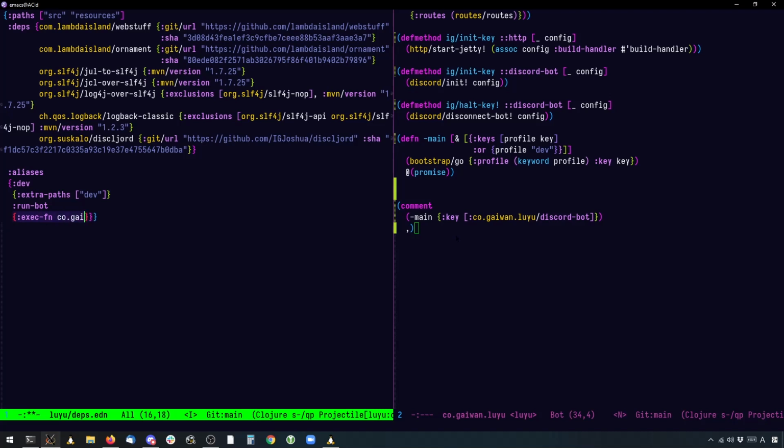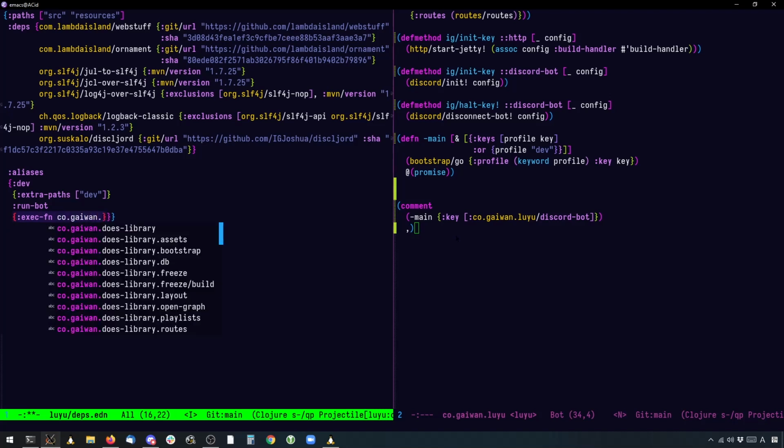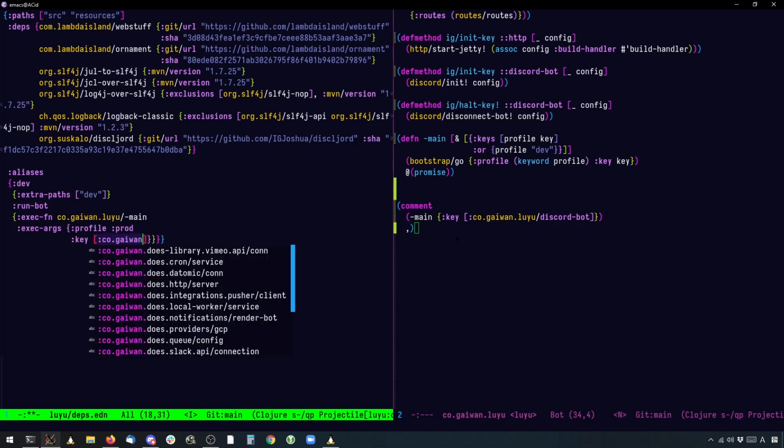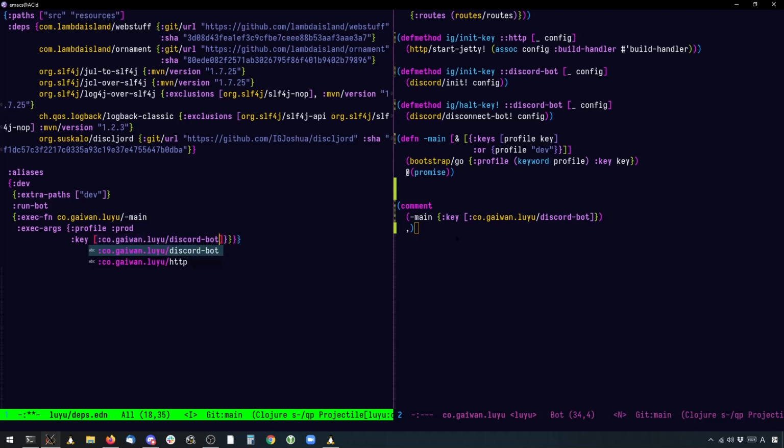What it's going to do is it's going to go to this particular namespace and it's going to call this function. And we also want to pass it some args, as you can see on the right here. So let's do that using exec args and let's provide it a profile of production and let's provide it a key. The key is the integrant key here, which is Discord bot.